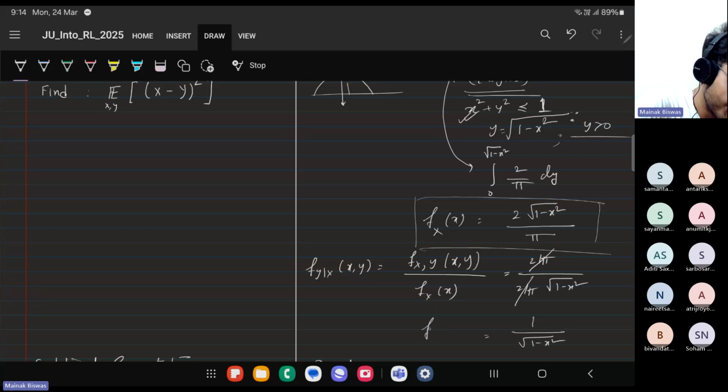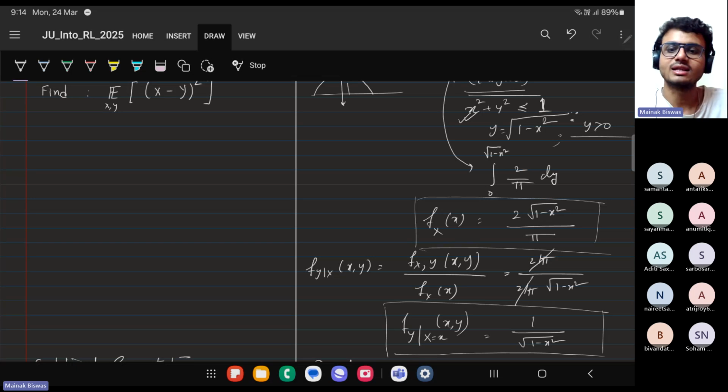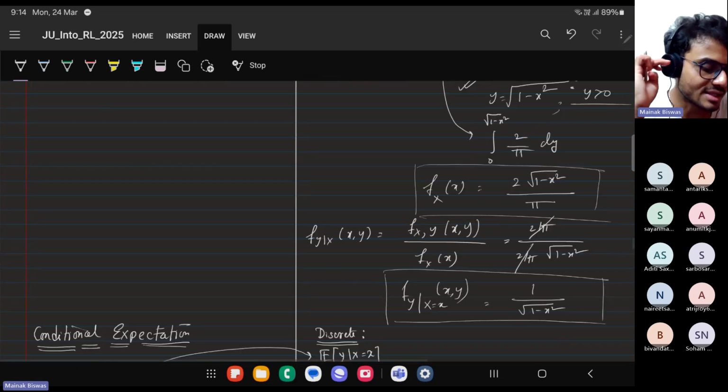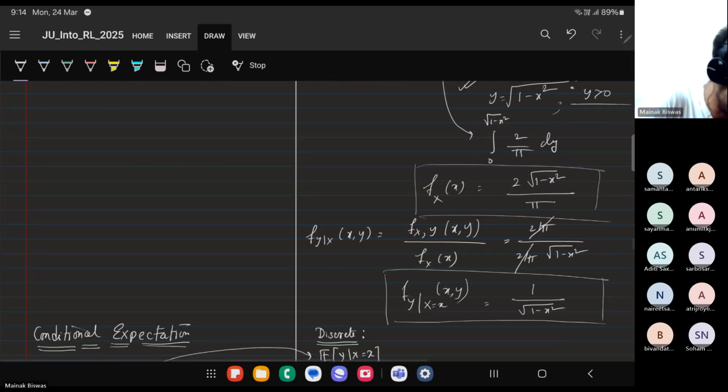So you see that x is given to me. Y given x, some value x is given to me. So this function that I have over here is a function of x. So can you tell me something just by seeing